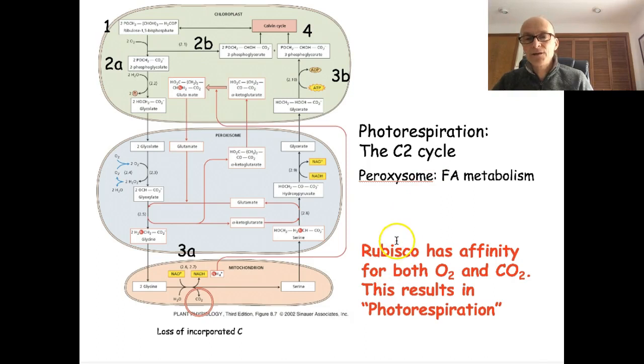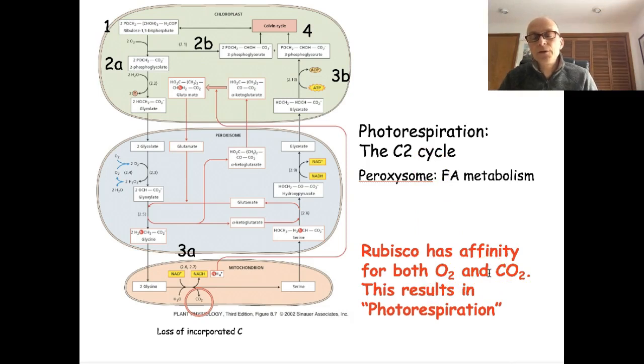ribulose bisphosphate. So I write here in red, Rubisco has affinity for both oxygen and carbon dioxide. This results in photorespiration. So it's called photorespiration because it is coupled to photosynthesis, but it's really a respiration reaction where you are using oxygen instead of carbon dioxide. So the C2 cycle is a salvage cycle. It just basically cleans up after this enzyme when it picks up oxygen instead of carbon dioxide by error, so